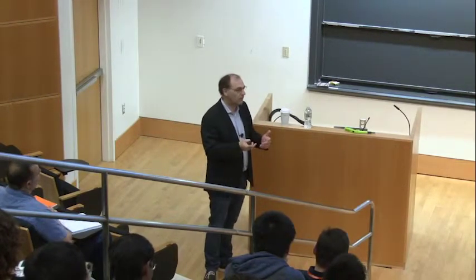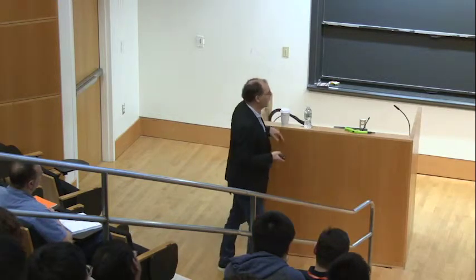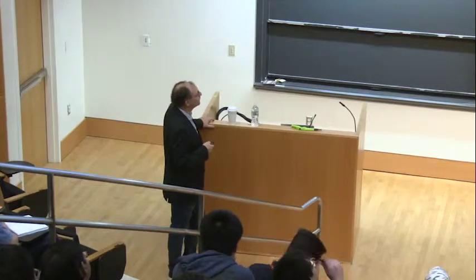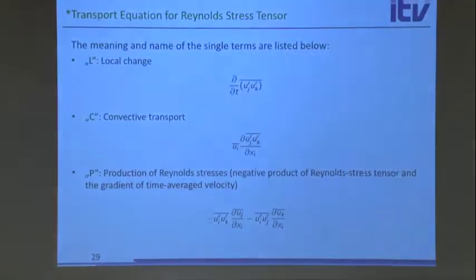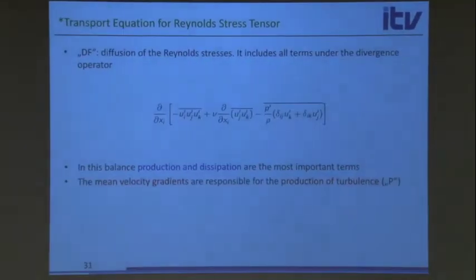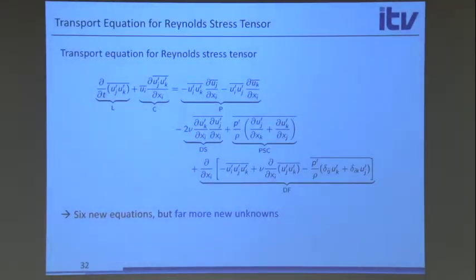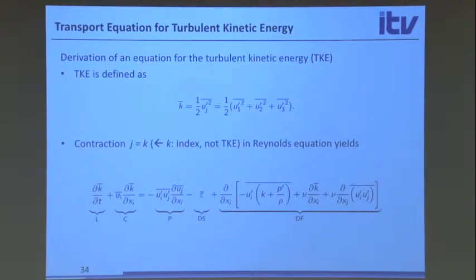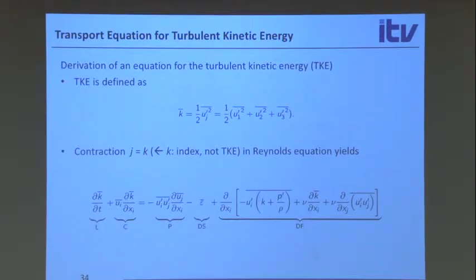So we lost information, which is why we cannot really close these terms. Okay, so this just describes all these different terms that are here. Oh, this is what I want to show you at the end. So this just gives you more unknowns than equations. So that's not a good idea, but we could start out with a different equation, and that is the equation